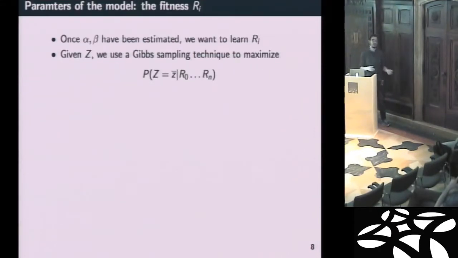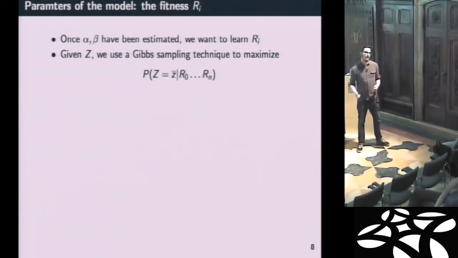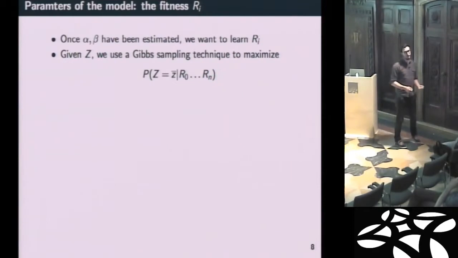Now that we have estimated alpha and beta, how can we go back to the fitness parameters of each node? Well, now we have a probability for the node feature association that we are looking at that depends on the fitness parameters. So we can look at this as a likelihood, the likelihood of the fitness parameters given the real node feature association that we have. So we can use a Gibbs sampling technique to maximize this likelihood and go back to the fitness parameters that